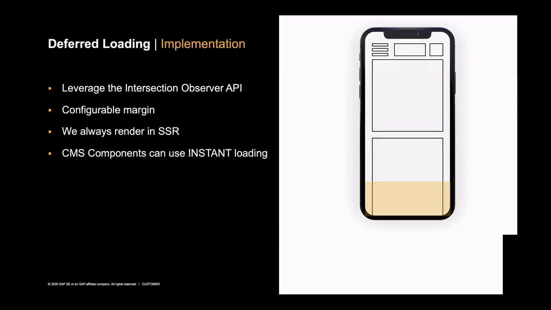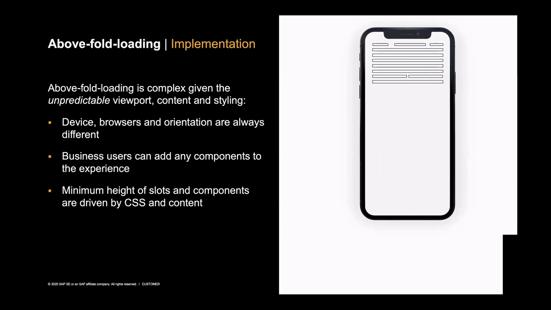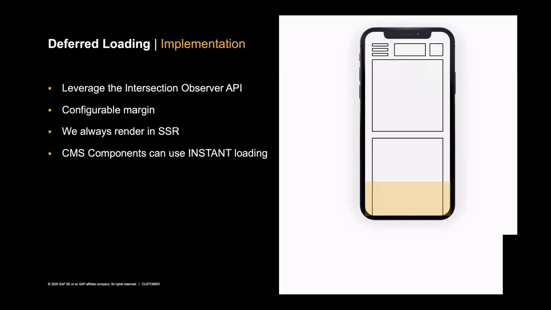And then this is the one with the consent management dialog, where we're basically ignoring the deferred loading. So there's the notion of a loading strategy per CMS component. If you've ever done a CMS component mapping in Spartacus, that's the area where you can also specify the loading strategy. So I think that's pretty straightforward to explain.